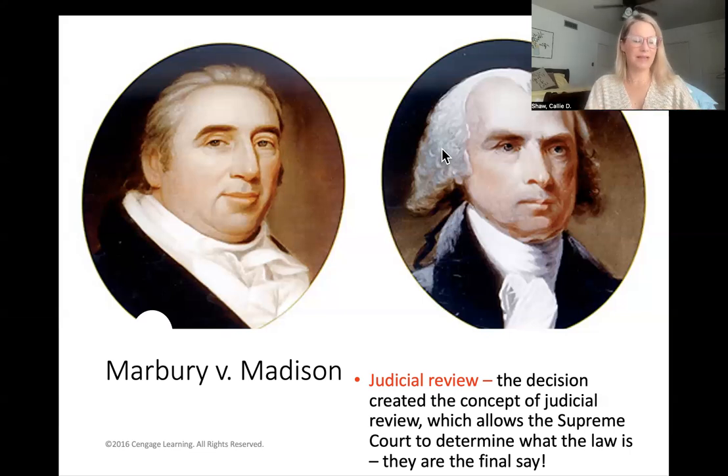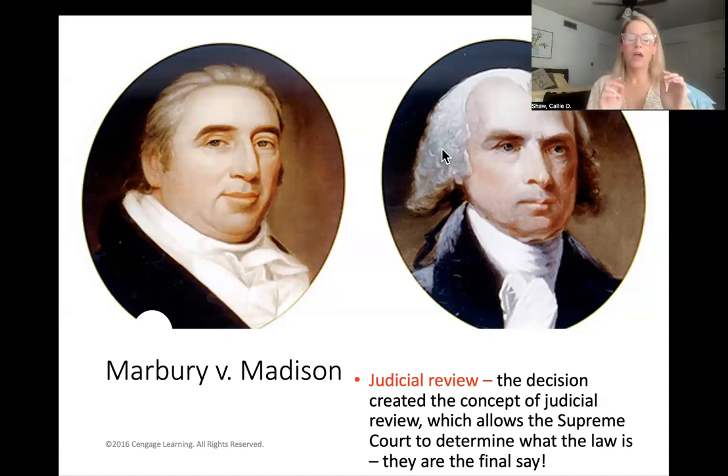But being that this was basically the first real decision of the Supreme Court, they let things slide, right? So Chief John Marshall was proceeding over this case that he caused. And here's another kicker. His cousin was Thomas Jefferson, and they hated each other. In fact, when Marshall was giving Jefferson the oath of office, the story goes that he's whispering under his breath, like, I hate you. I hope you die. And Jefferson's like, I hope you die too, cousin. I am not a fan of you either. So there's a lot of soap opera drama going on behind the scenes as well.